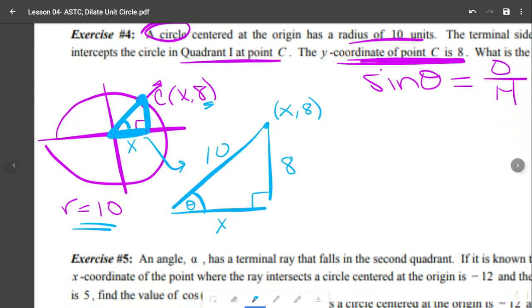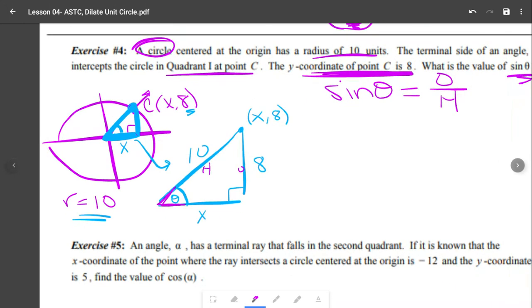Now, in order to find sine, opposite over hypotenuse. Hypotenuse is the 10. It's across from the right angle. If this is my angle theta down here, opposite would be the 8. So I happen to have all the sides I need here. So sine, opposite over hypotenuse, we get 8 over 10. If I needed the missing side, remember Pythagorean theorem would work. And I recommended for all of these, your last step,